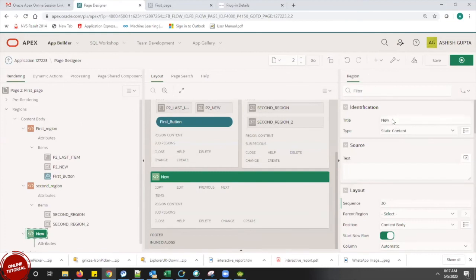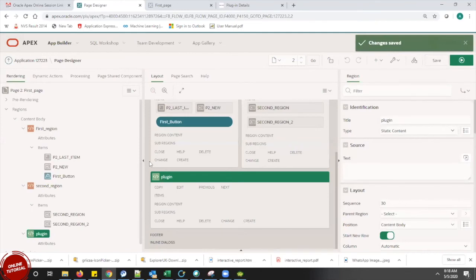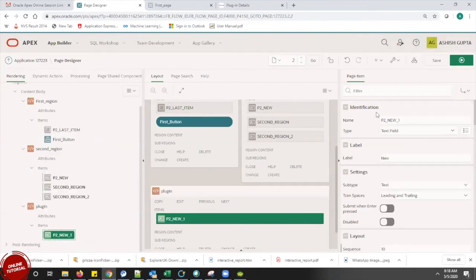I am clicking, creating a new region itself, plugin. This was just a region. Now I am going to create an item.